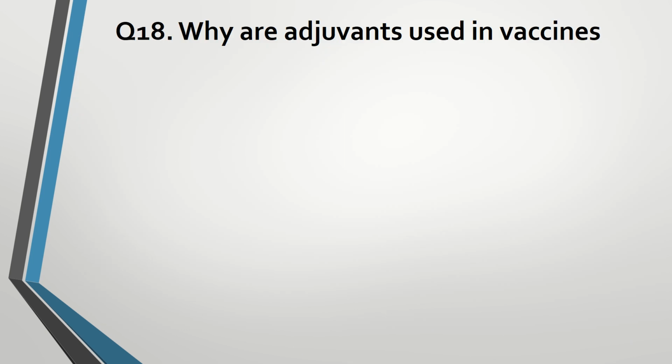Let's continue to the next question, question number 18. Why are adjuvants used in vaccines? Firstly, you have to know what adjuvants are. Many use an aluminium source as the adjuvant. There are also other adjuvants, but firstly, let's know what adjuvants are. By definition, adjuvants are substances that, when mixed with the vaccine and injected with it,